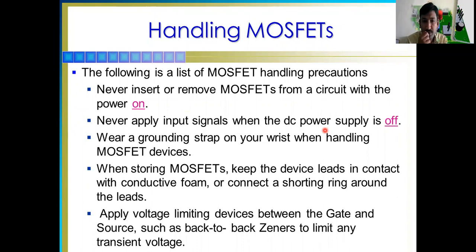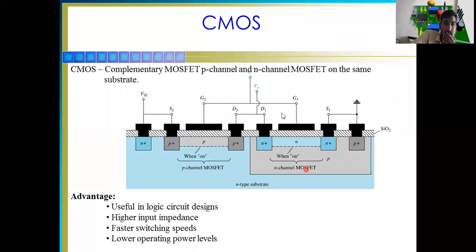Another point: never apply an input signal when the DC power supply is off, right? Wear a grounding strap on your wrist when handling the MOSFET device. When storing the MOSFET, keep the device leads in contact with conductive foam or connect a shorting ring around the leads. These are some precautions whenever you handle the MOSFET. You can read that and see what the function is. Okay, now